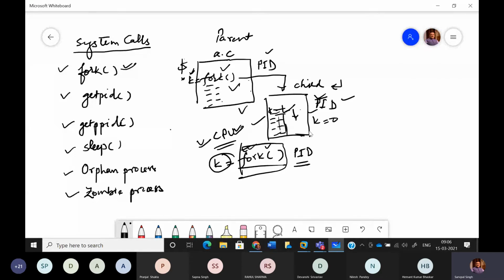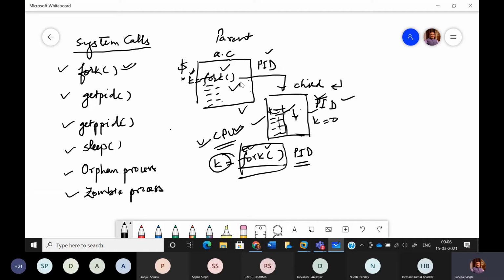You need to understand the difference: whenever we use the fork system call, it returns the PID of the newly created child, but that PID lies in the variable only in the parent process. In the child process, the variable in which we hold the return value has the value 0.